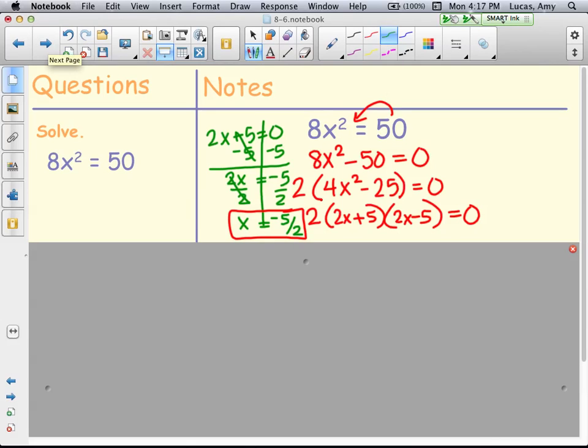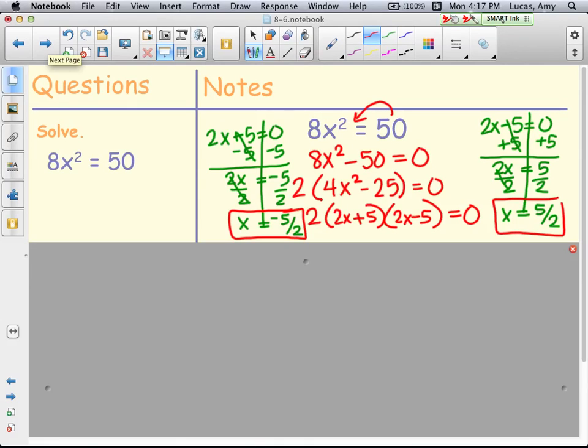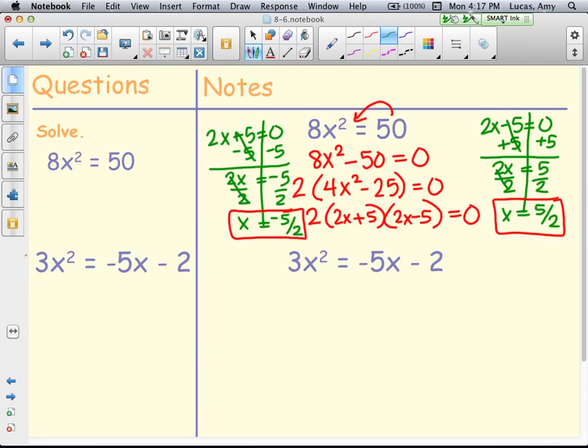And then the other one, I set the other factor equal to 0 for the zero product property. On this one I would need to add 5 and then divide by 2. So this one just gives me a positive 5 halves, where the first one gave me a negative 5 halves. Remember, if there's a coefficient in front of your variable, I think that you should really write out your binomials and do your zero product property and show your steps to make sure that you're not trying to rush through